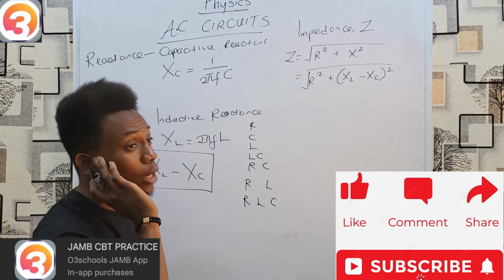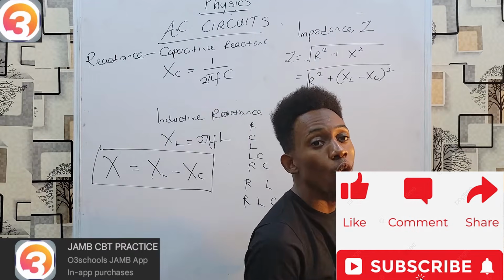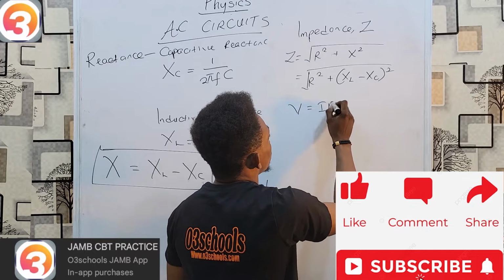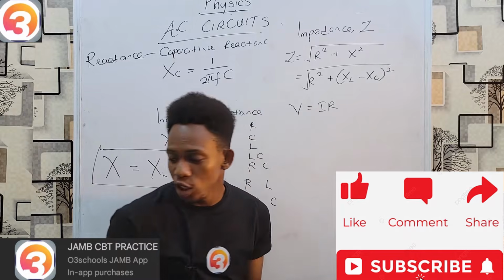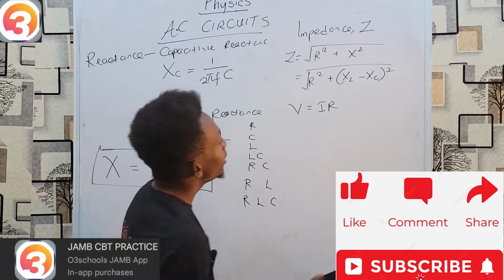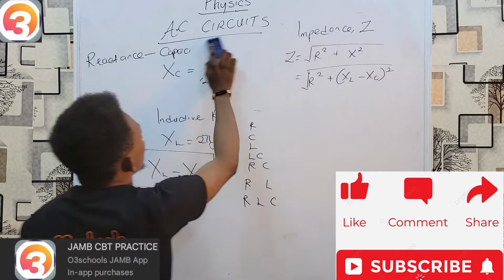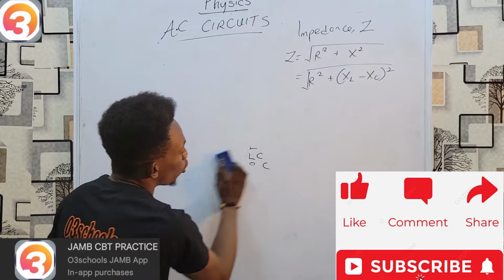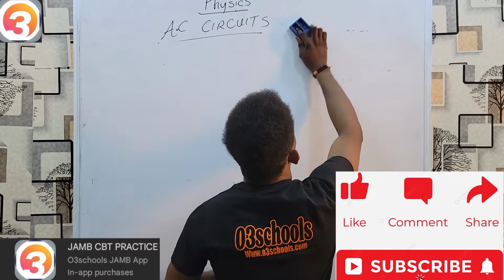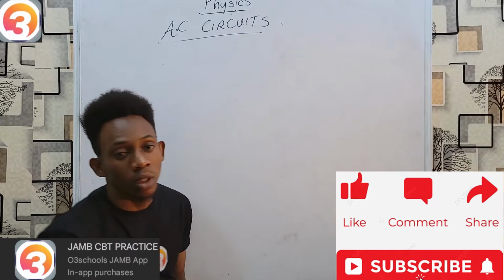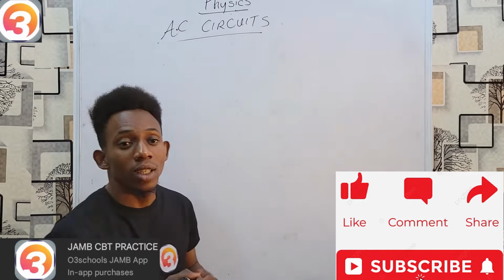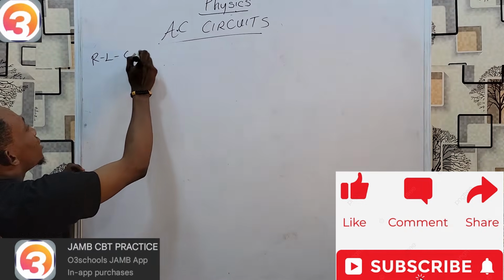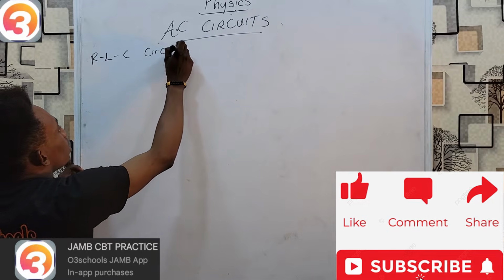Now keep in mind that we may be asked to solve for voltage or current. And as you know, V equals IR. But there will be a tiny change in this place. Because now, instead of just having only a resistor, we now have resistor, capacitor, and inductor. And both capacitor and inductor are also producing their own reactance. That means in an AC circuit, and to be precise, in an RLC circuit, that is an AC circuit containing